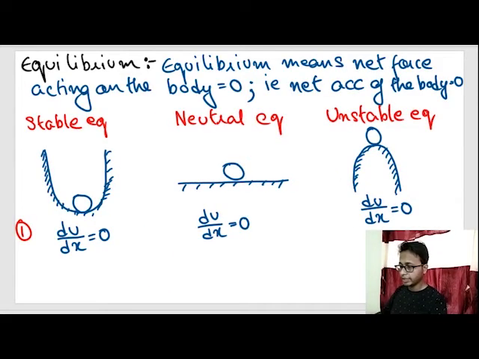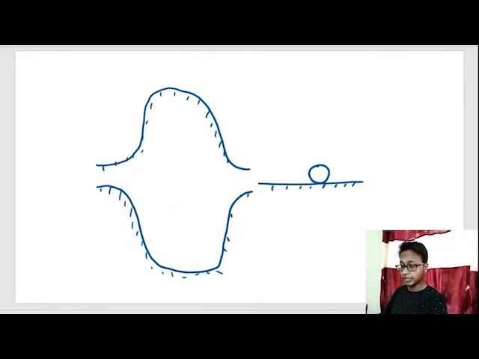Stable equilibrium, neutral equilibrium and unstable equilibrium have something to do with potential energy. Out here I mentioned equilibrium is nothing but force is equal to zero. But you all intuitively know that stable, neutral and unstable have something to do with potential energy. So how are equilibrium and potential energy related? Let's see out here. The only force we are interested in, in these three conditions, a ball in a cup, a ball on a table and a ball on an inverted cup, is the gravity force.